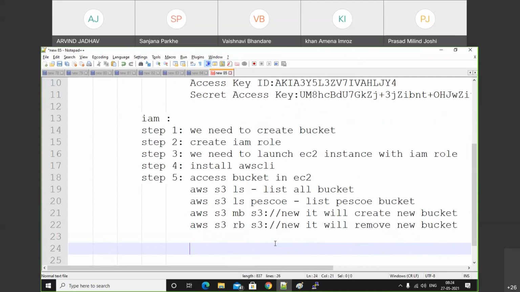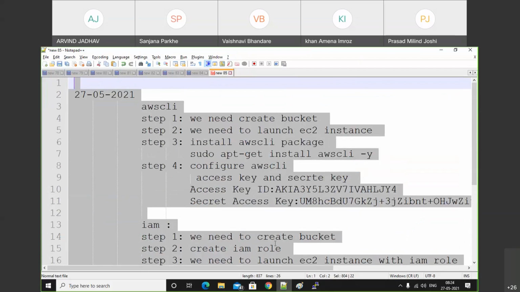So this is the overall about the S3 operation, and today we'll close the S3 related operation. Okay, and tomorrow we'll discuss how we'll perform the IAM related operations. Tomorrow we'll discuss only IAM. After that we'll discuss EFS and VPC. For VPC we require 2 days, EFS only 1 day, and IAM 1 day. Mostly for the AWS related tasks we require 4 to 5 days only. After that we'll give the project related concept.